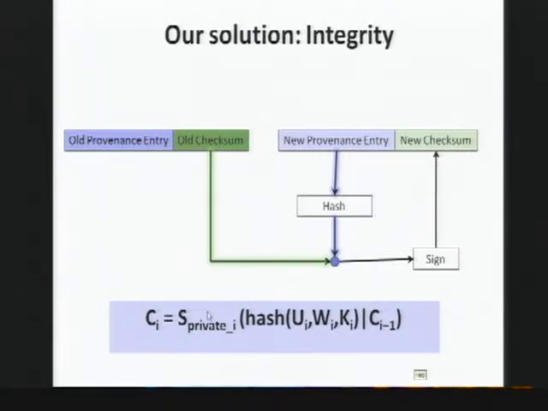So that way, this forms a signed hash chain, so that now no one can remove things from the middle of the chain, because the subsequent checksums will not match. No one can also tamper with any entries in the chain, because we use the content of an entry to create these checksums. So if you tamper with something, the checksums won't match.